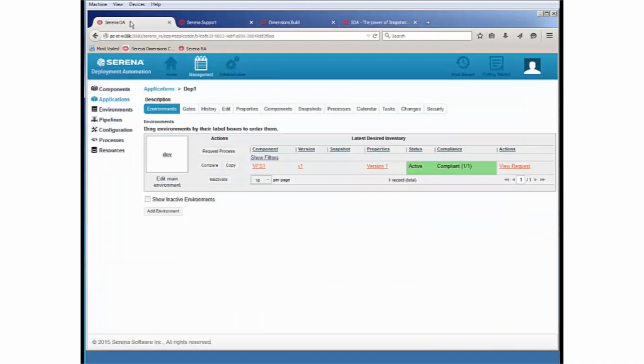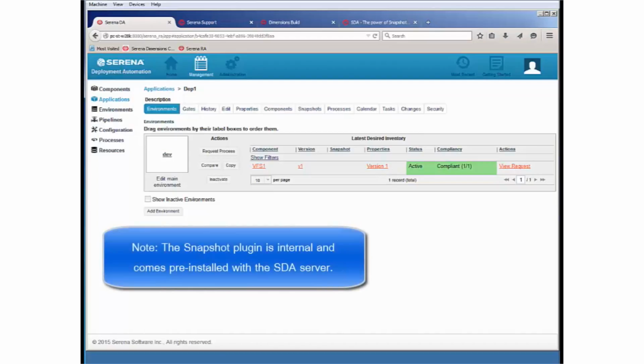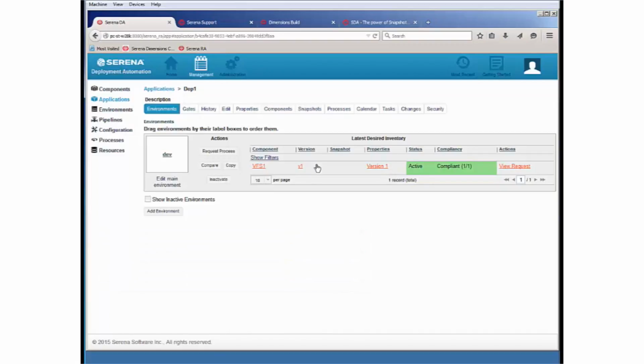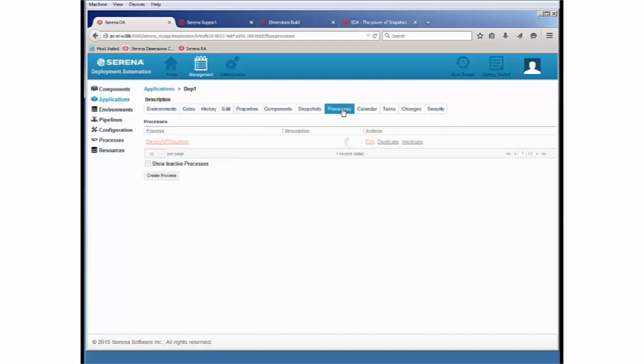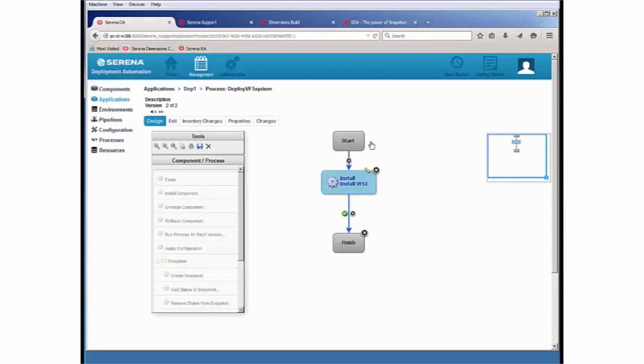So with an SDA, we're going to look at a quick usage scenario for the SnapShot plugin. Within an existing application, I will simply go to my application process. We can see it has an install component process. I'm now going to add an additional